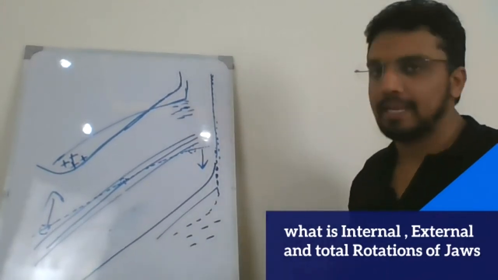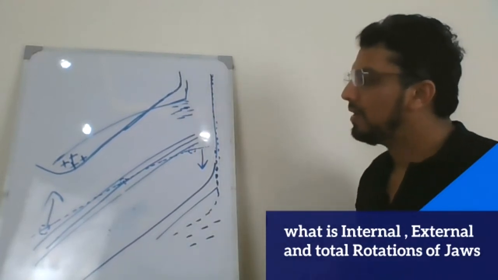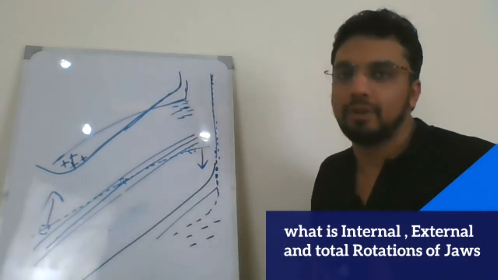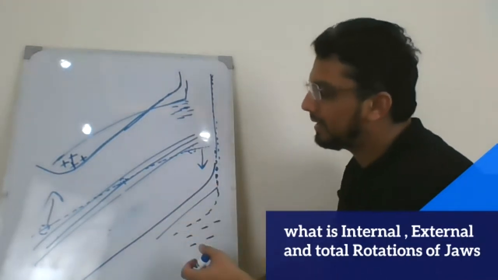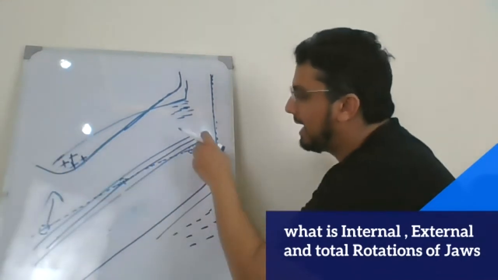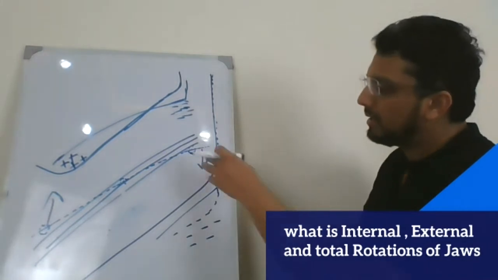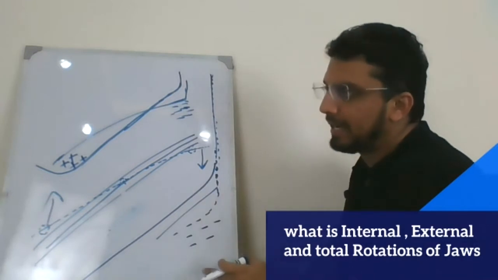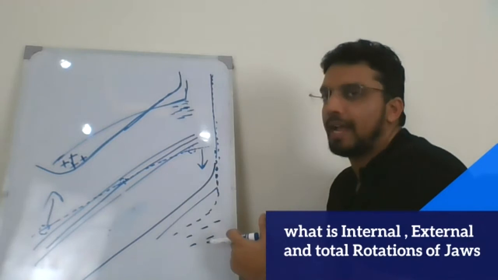For example, you have the internal rotation of the mandible. In the normal patient, you have like 15 degrees of the internal rotation in the normal angle patients. So what is happening in a normal angle patient? You have the anterior part is moving upward and this posterior part of the mandible is moving downward. So if this part of the mandible is moving downward, logically speaking, this should increase the posterior facial height.